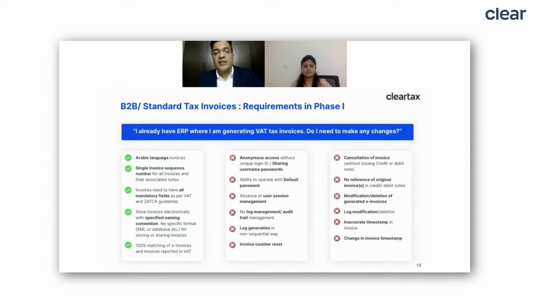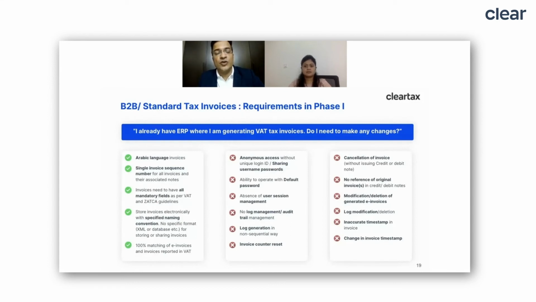User session management: the system must log all user activities associated with the invoice generation process, right from login authentication and continuing with all the system functions. There cannot be any modification, there cannot be any deletion. You have to handle all those transactions by way of a debit and credit note. You are not allowed to modify or delete any type of transaction, session, log, or activity which has been done at the time of generation of the e-invoice. You are not allowed to delete those transactions.